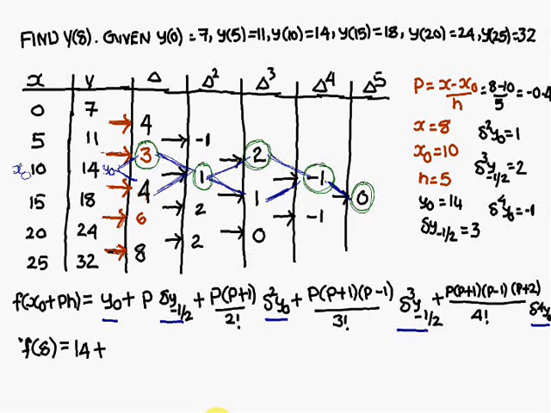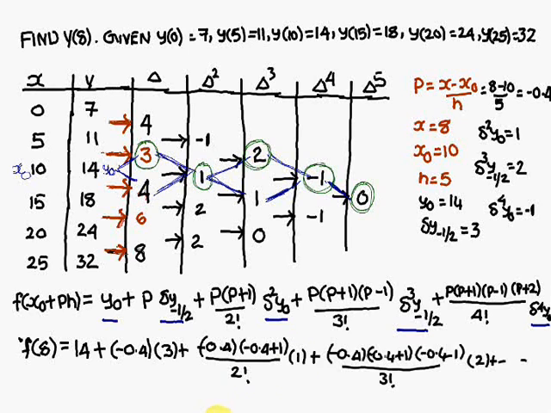Similarly, if you do that one, f of 8: in place of y0 I am writing 14. The p value is minus 0.4, therefore I am writing p as minus 0.4. Delta y minus 1 by 2, I have already written, is 3, therefore 3. Next, in place of p I am substituting minus 0.4 plus 1 by 2 factorial into delta square y0, which is 1. So similarly, if you substitute into the formula and simplify, you are going to get it as